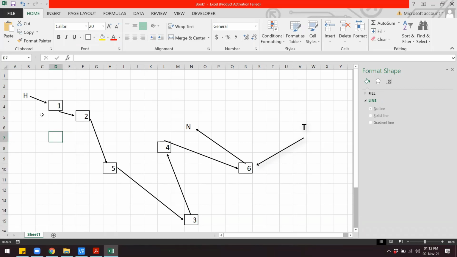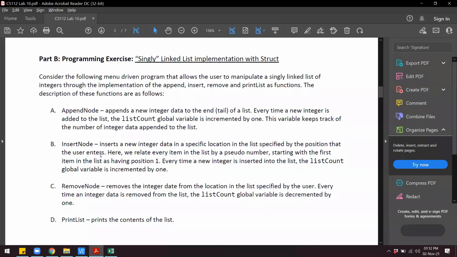Whichever one comes first is index number 1, second one is 2, third one is 3, and so on. So if I want to insert a particular node anywhere in the list, then I will have to give the node that I want to insert and also the position in the list where I want to insert.